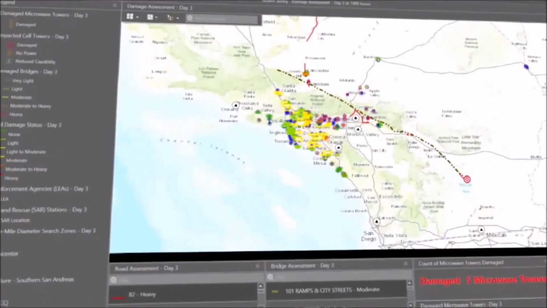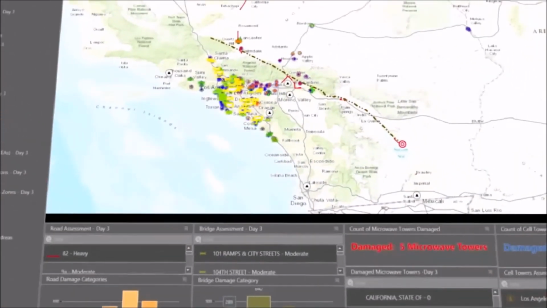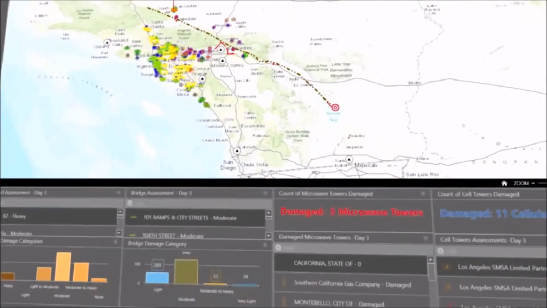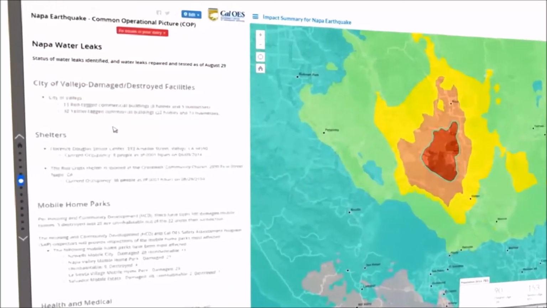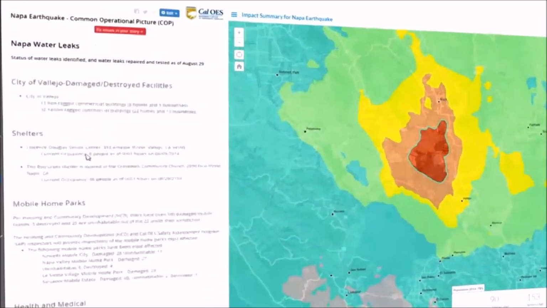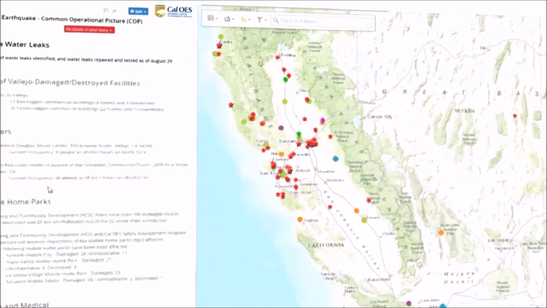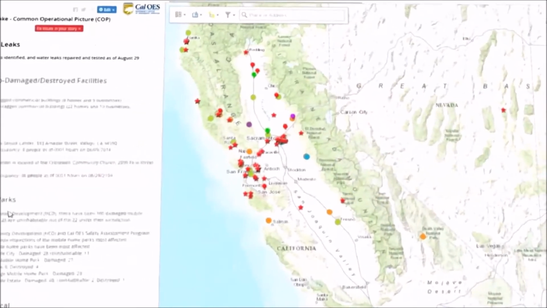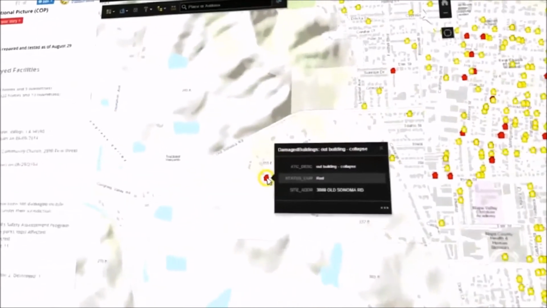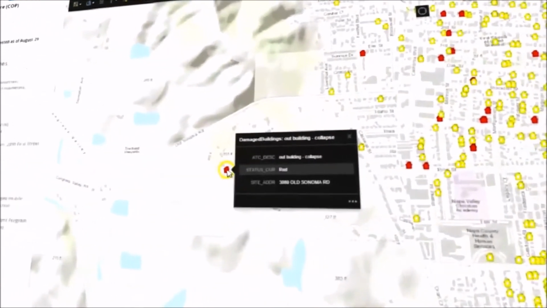Now you have all the current data that's available, and it may change as you're looking at it, and it's real time. You're looking at what's happening now, not what happened 12 hours ago. What they showed us that day during the Napa earthquake was a story map. It's interactive. It allows us to take a look at the shake map, take a look at the shelters, take a look at whatever information that we're discussing. This allows us to be able to really give the decision makers what they need.